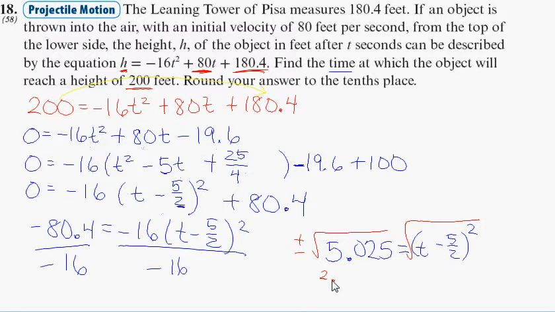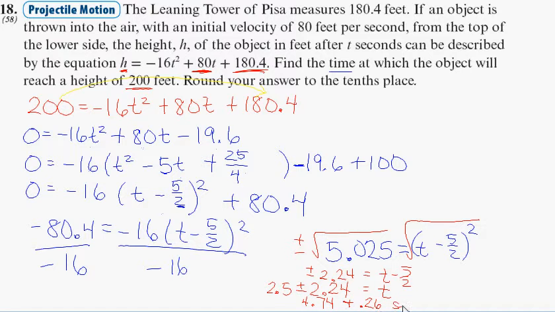Okay? So I get 2.24 equals t minus 5/2. Okay? And this is plus or minus still, so now to finish this out, I get t equals, and then I'm bringing this negative 5/2 over, which is 2.5. So now I have 2.5 plus or minus 2.24. Make sense? So we just need to finish doing the calculations. You should end up with two answers. Your two answers should be 4.74 and